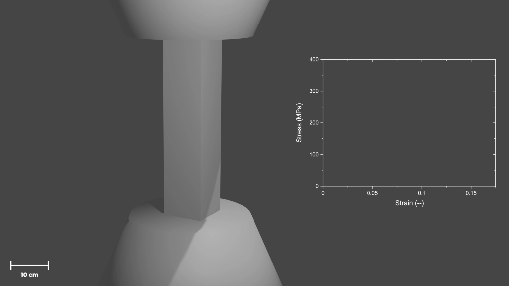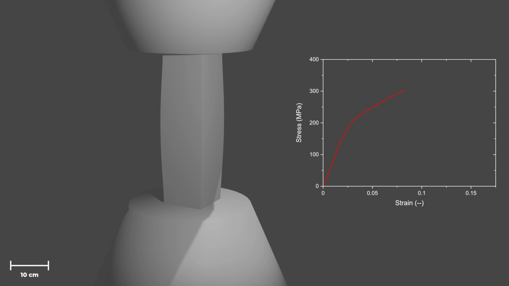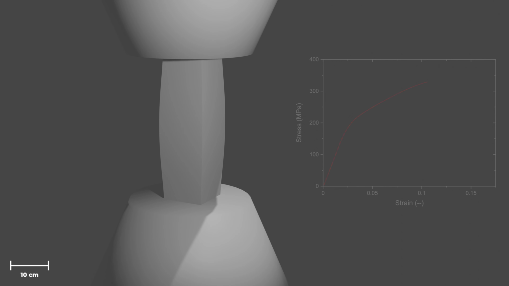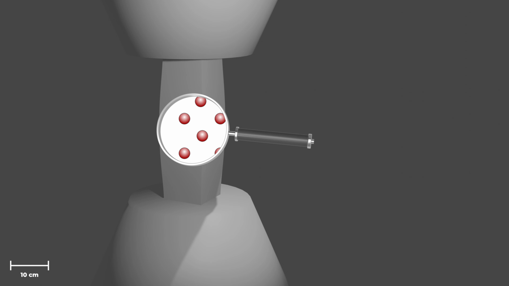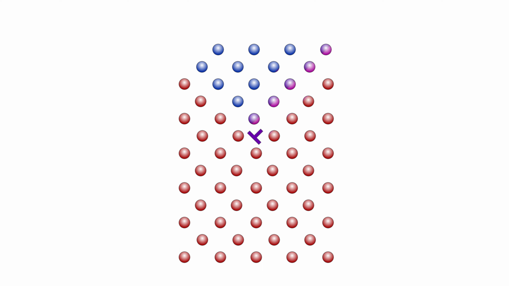If large enough stress is applied, metallic materials can deform plastically, which is an irreversible process. The plastic deformation is usually mediated by dislocations, which are line-like defects in the crystal lattice. If stress is applied to the sample, the dislocations start to move from the interior of the sample towards its